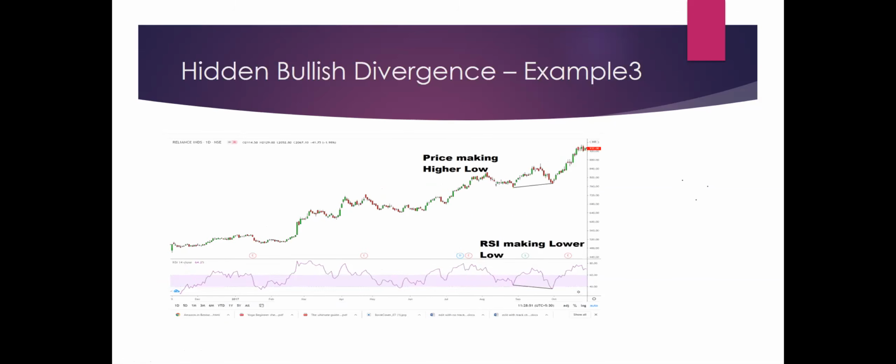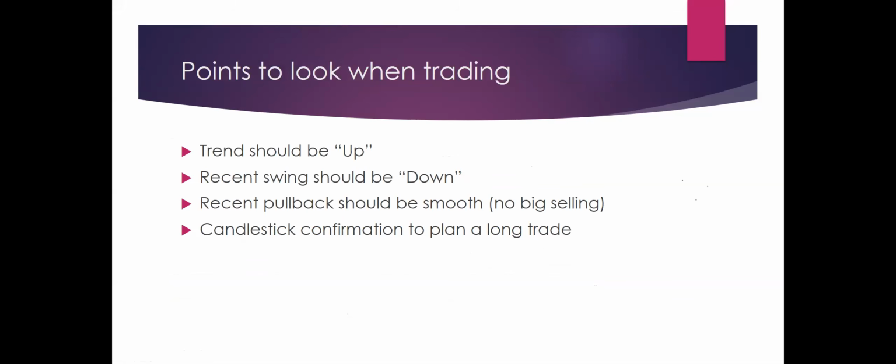We will walk through one more example. This is Reliance Industries. If you look at the Reliance Industries chart, this is also a nice uptrend mode, and it is also showing RSI hidden bullish divergence. At this point of time, the price made higher low, whereas RSI made lower low. So this is one more example. If you take a long trade here, it comes in the direction of the trend. And most of the times, the success ratio is pretty good with hidden bullish divergence trades.